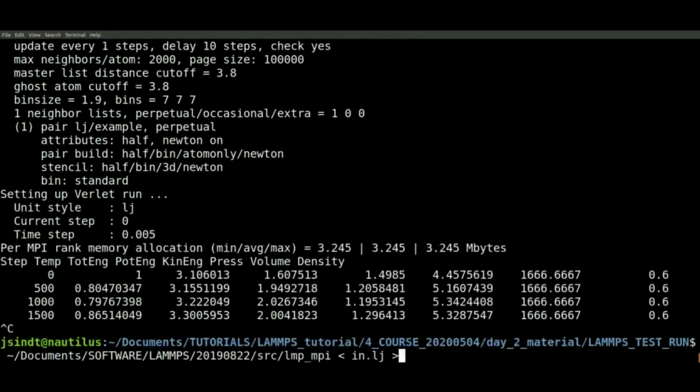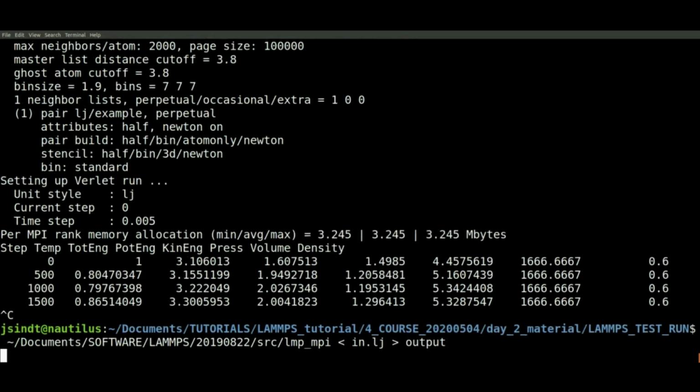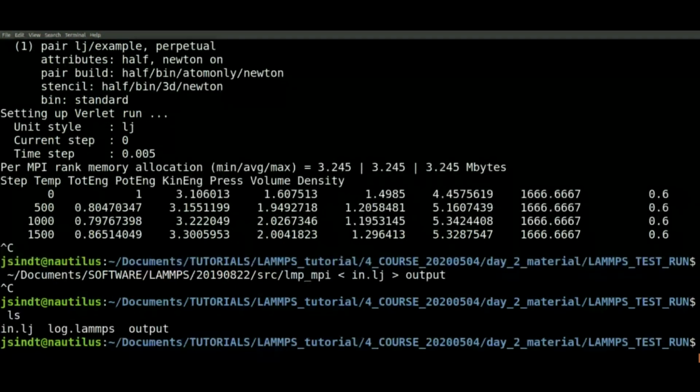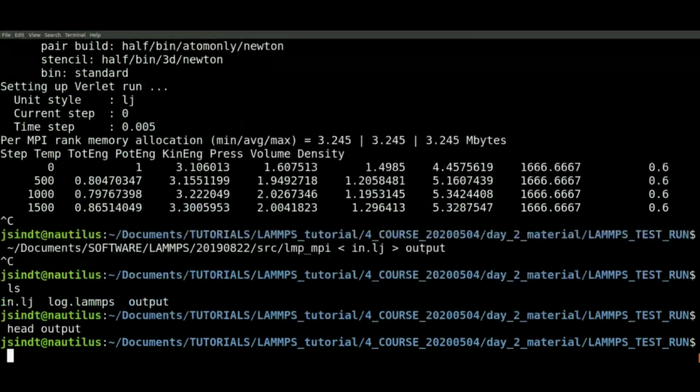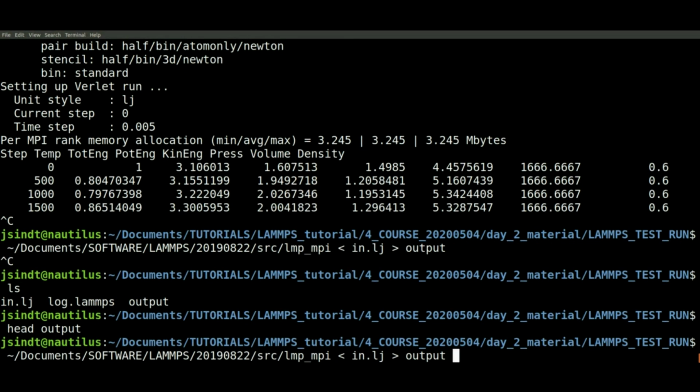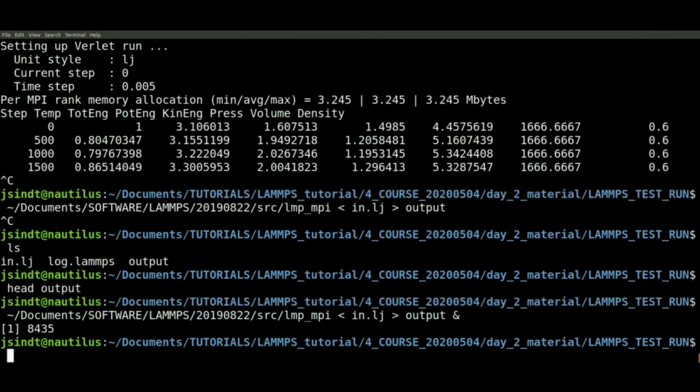I can, however, use a caret and send it to output. It's now still running, but when I kill this, you'll notice there's now a file called output, and if I look at output, if I let the job finish, everything that was printed to screen would have ended up in output. And then the last thing I can do is run in background by using an ampersand at the end. And if I do htop,